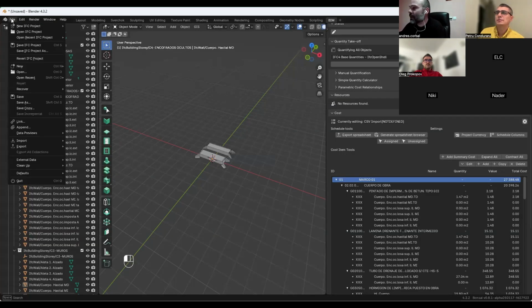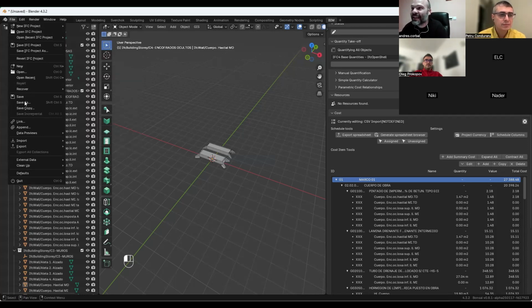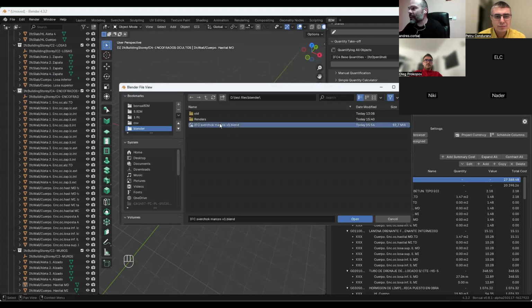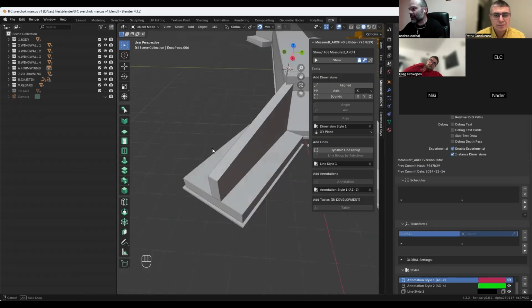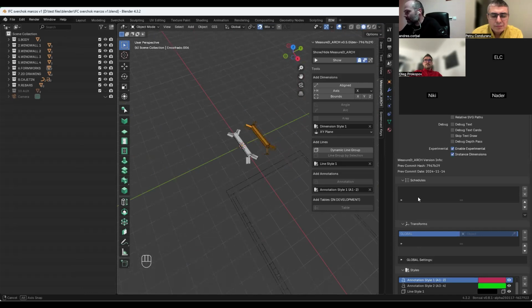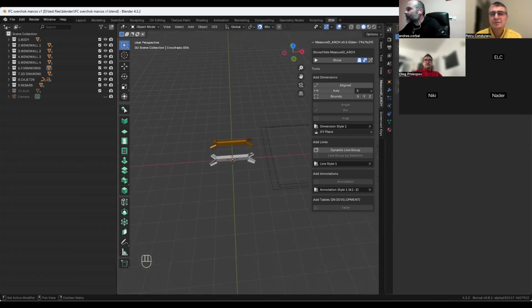I'll show you a little spoiler of the Rebars. Let's open the blend file. Here we have all our drawings, and you have to go to Sverchok, Rebars.